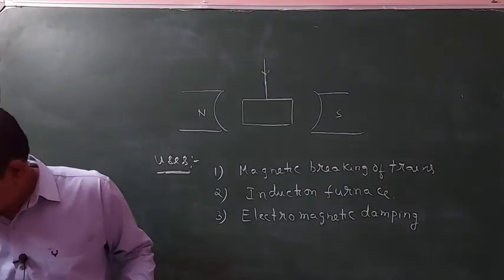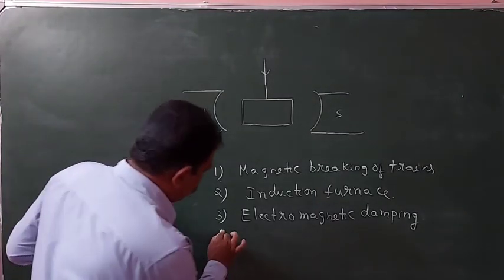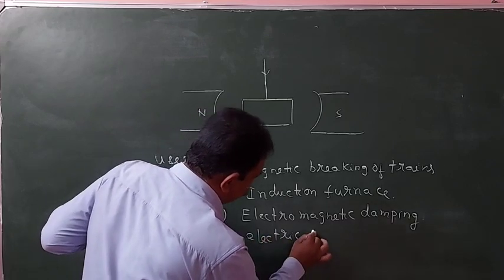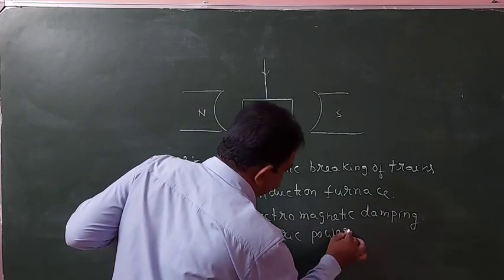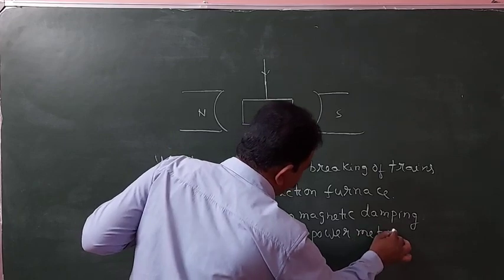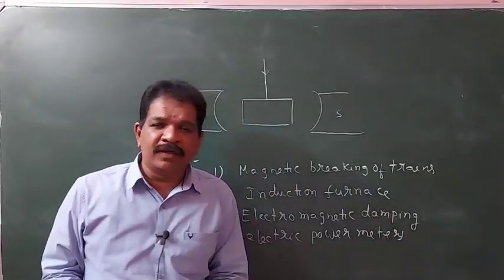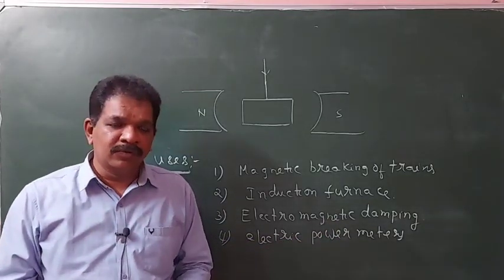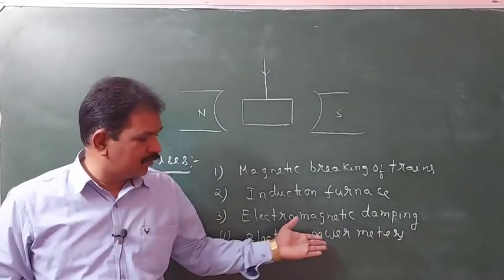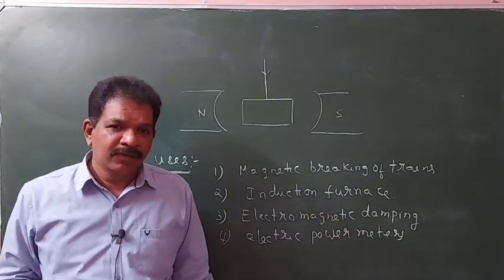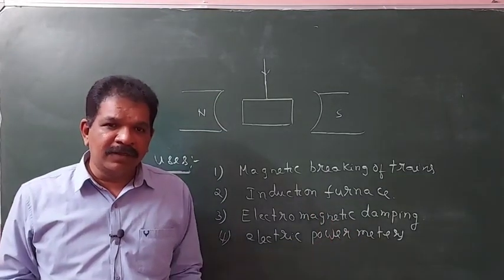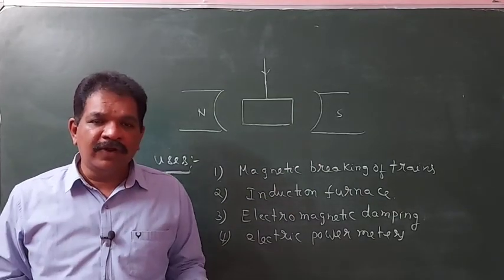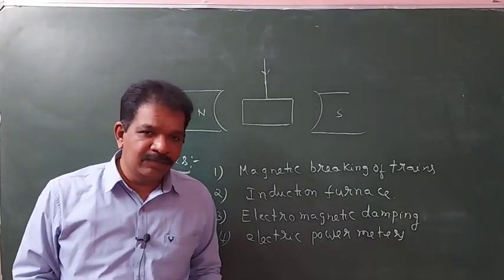Next, electric power meters will be there to find the speed of the vehicles. These eddy currents will be useful. So power meters are useful; speedometers are nothing but different types of meters. There also eddy currents will be helpful to find the speed of the vehicle.